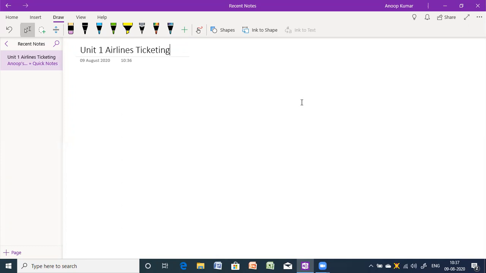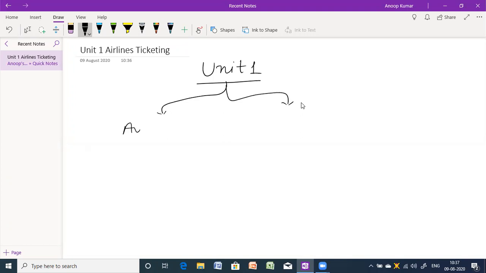In this semester, I will be teaching you the concepts of airlines ticketing. So without wasting our time, we just start learning what is there in our syllabus. So we will start with Unit 1 and our Unit 1 of airlines ticketing is divided into two parts. In Unit 1, we have concepts related to